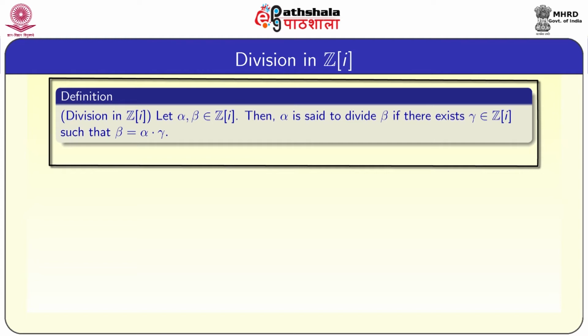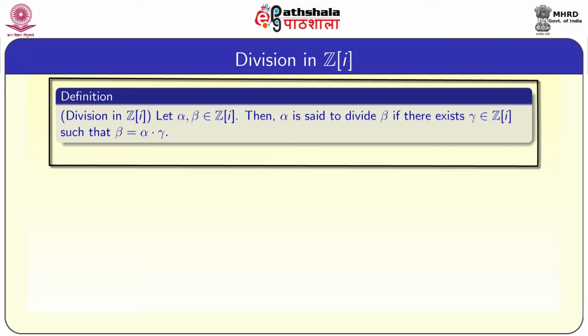It is like usual division in integers. Here one has to understand that we defined till now all the different notions in the set of integers. Now, we are looking at whether it is possible to extend these results to other sets of numbers. This is one example. It is difficult to give different examples. In this course, we are giving one example, that is the set of Gaussian integers, and how the results of integers can be extended to Gaussian integers.